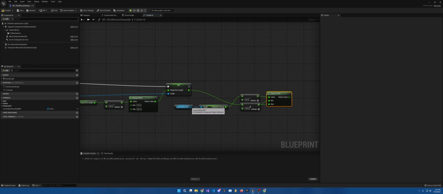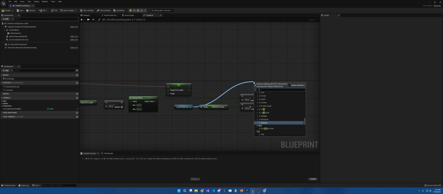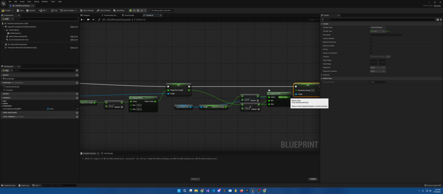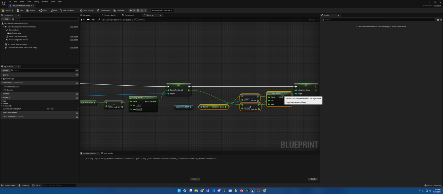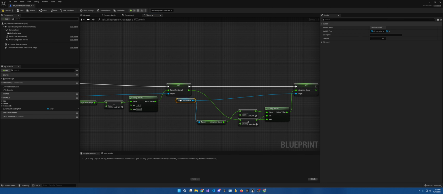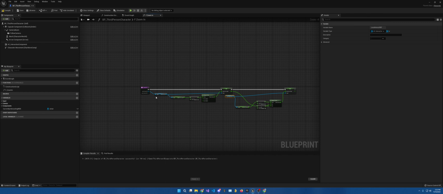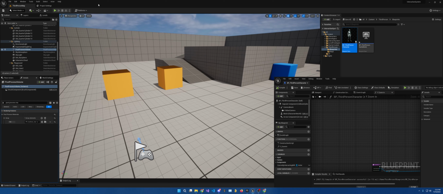And then we come back with this and do set interaction range. Set in there like that. And we are good and clean and ready to go. All right. And that, ladies and gentlemen, is the zooming in. It is all set up. It is all complete. So now we have it to where when we hit play,